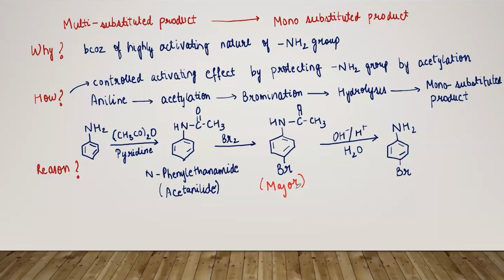ठीक है, so here the product is, this is said to be 4 bromoaniline। ठीक है, तो एक important चीज तो ये, this was one of the most important things। Now another thing is reason, I have written down reason, like why is this happening, हम simply acetylation से मोनो सब्स्टिट्यूटेड प्रोडक्ट कैसे लेके आ रहे हैं।